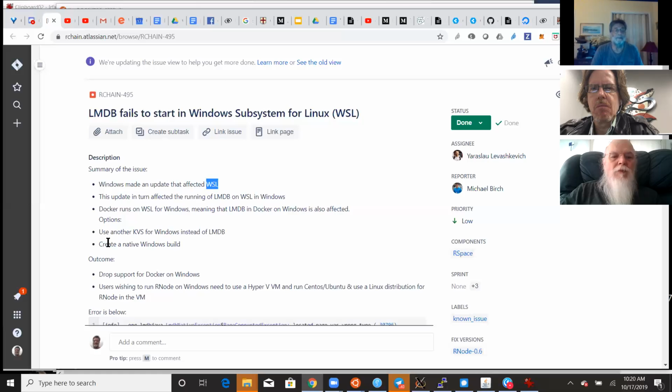I don't know how that could be. Use another key value store for Windows instead of LMDB. Create a native Windows build.